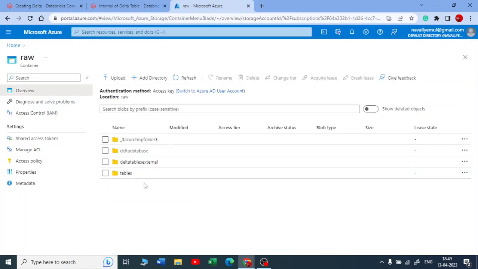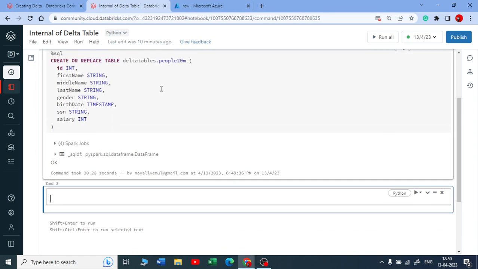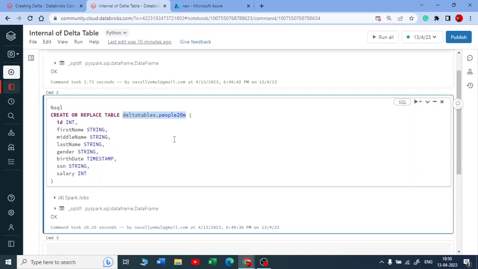Yeah, let me come here. Inside a delta database, you will have a table that is called people 20M. In that table, you will have your delta logs. Now if I just check what is the describe for this table, I want to check whether this is